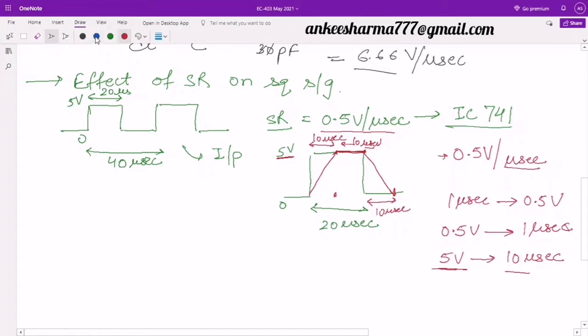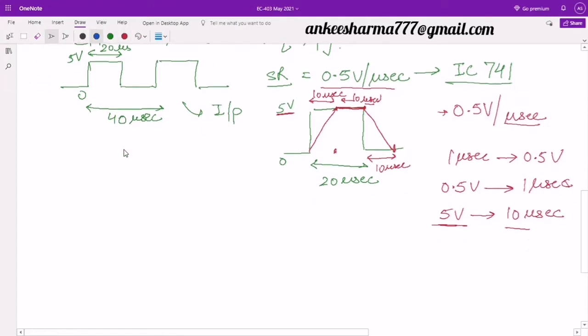Okay, let me take one more example then. If I increase the amplitude, or let's take, before going to the amplitude, let me decrease the time period. Let us decrease the time period over here. What is going to affect? उससे थोड़ा better idea आपको हो जाएगा, that if I decrease the time period over here, instead of